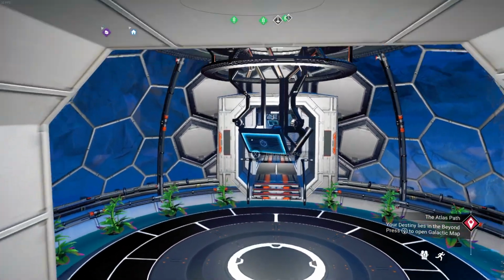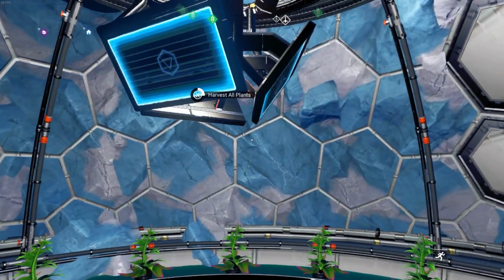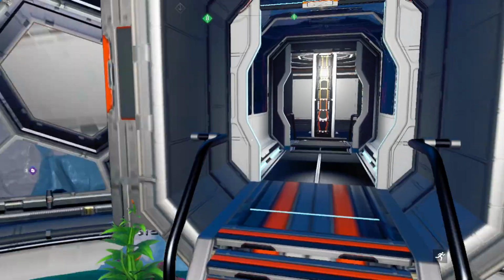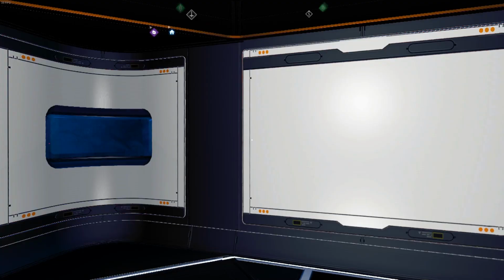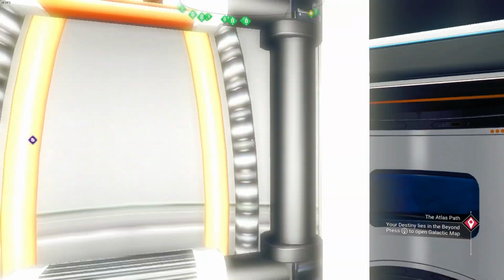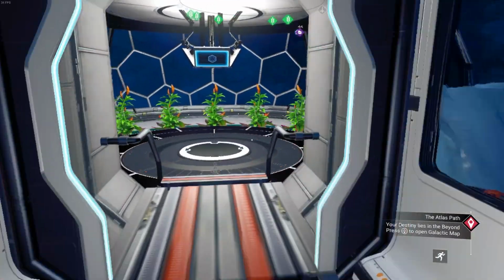So the first room, it doesn't matter if they're all ready or not. You can harvest and get something out of it if any of them are fully grown. These are almost fully grown. It really sucks. Most of these are almost fully grown, actually, it looks like. So we're going to pop to this one. There is nothing here. I don't mind that. We're then going to pop to this one. So this is the only